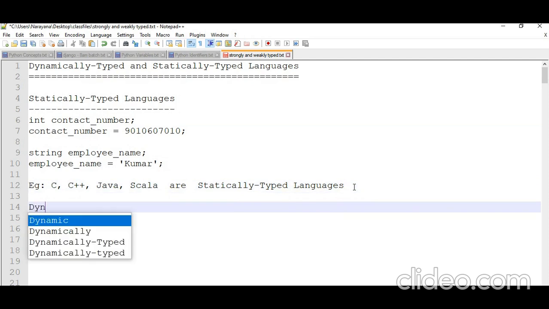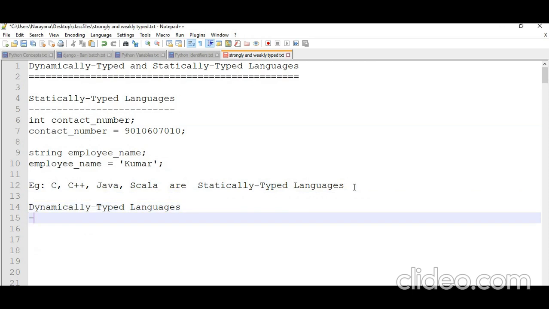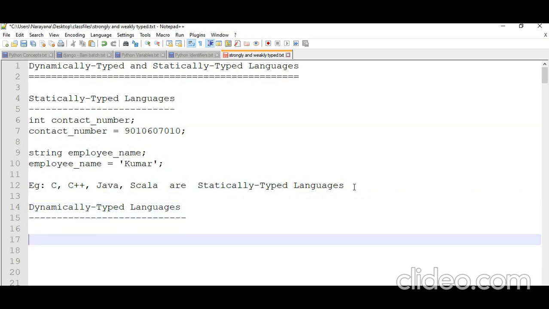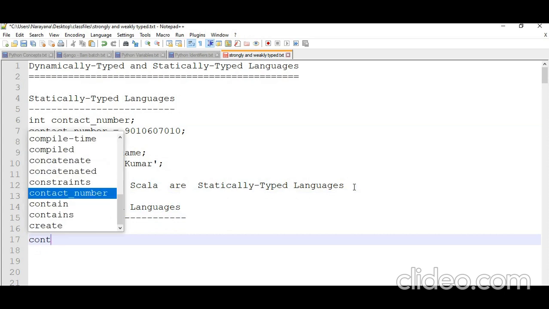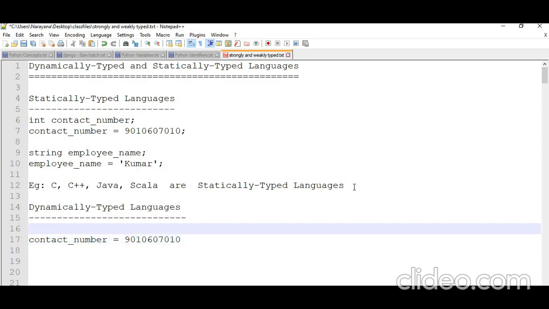Now when you come to dynamically typed languages, in this case, if I want to take the contact number, then directly you can take it and assign the value. That's all, it's enough. Here we don't write int contact number or string name like this.